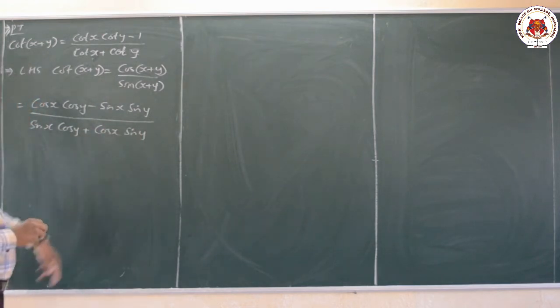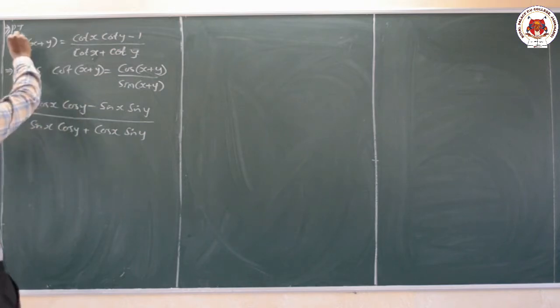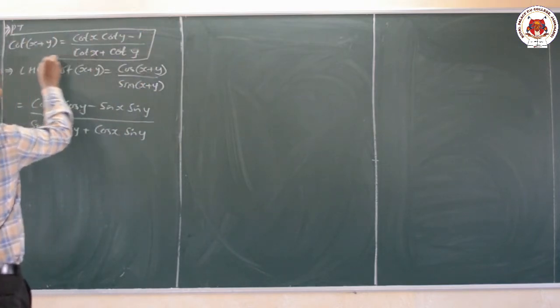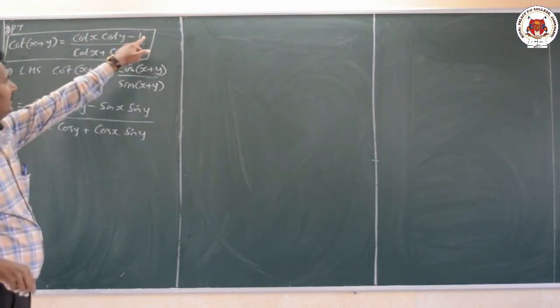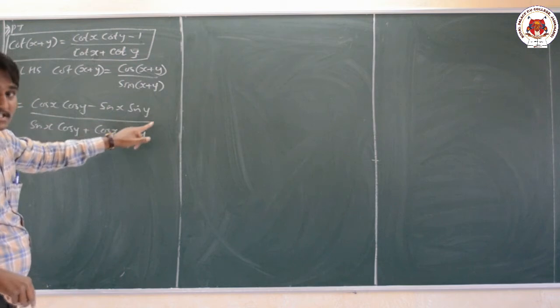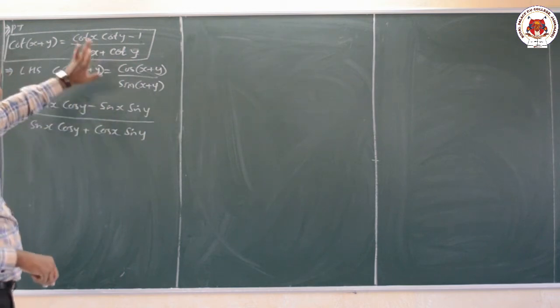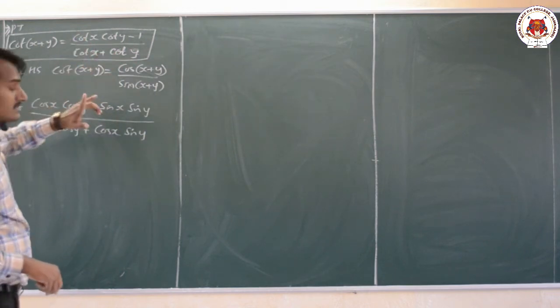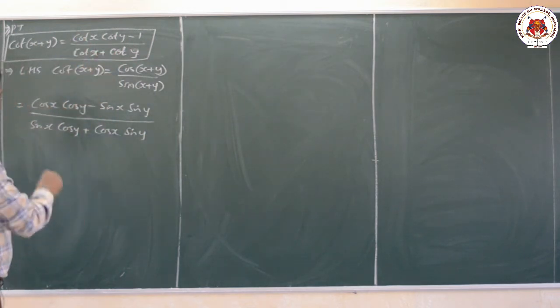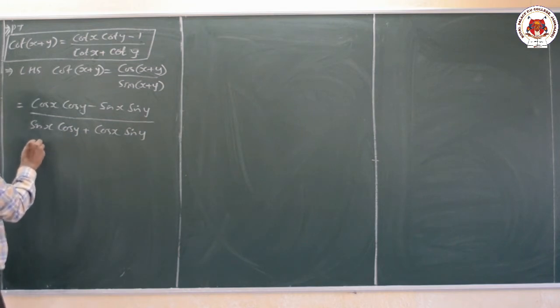Now what I require to prove here is minus 1. Okay, dear students, minus 1 it is. That means the sin x sin y should be replaced by 1 here, and similarly cos by sin, that is nothing but cot, I should get here. So what I will divide is, divide